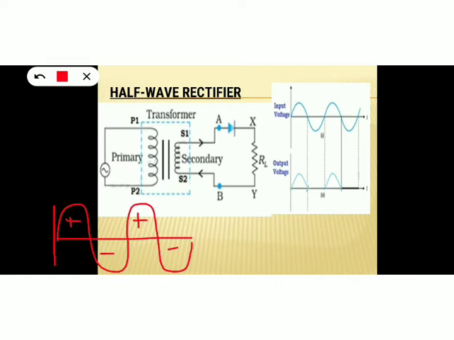Now, during the first positive half cycle of AC, the point A is positive with respect to B. So here the positive voltage is connected to the positive of the diode, isn't it? Because for the diode this is positive, this is negative. So during the positive half cycle, point A is positive with respect to B. So the positive of the input voltage goes to the positive of the diode.